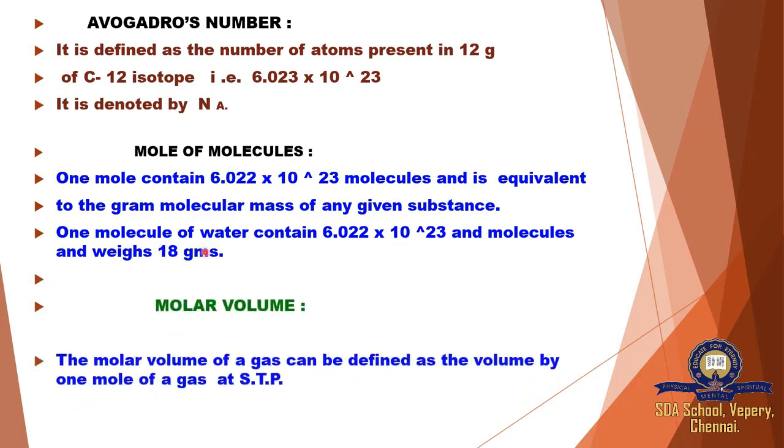Next topic is molar volume. The molar volume of a gas can be defined as the volume occupied by 1 mole of gas at STP. So this molar volume is obviously defined only under the condition of